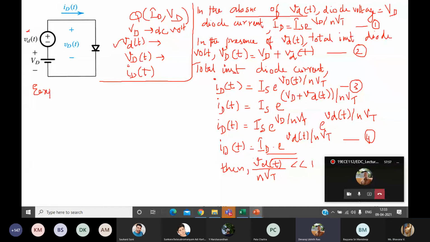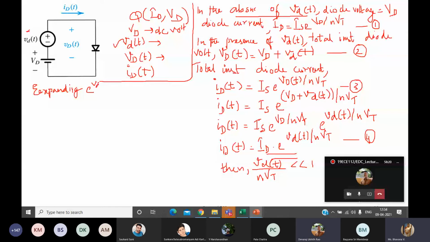1 plus x square by 2 factorial plus x cube by 3 factorial, etc. So we'll be taking only the first two terms. Please take down: expanding the exponential,